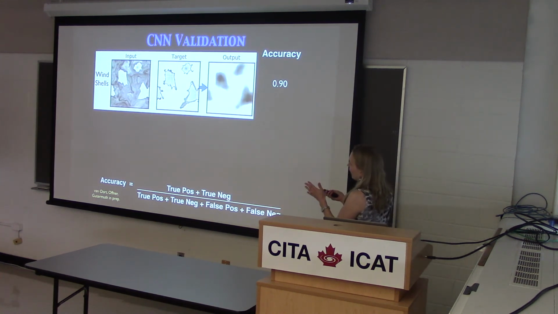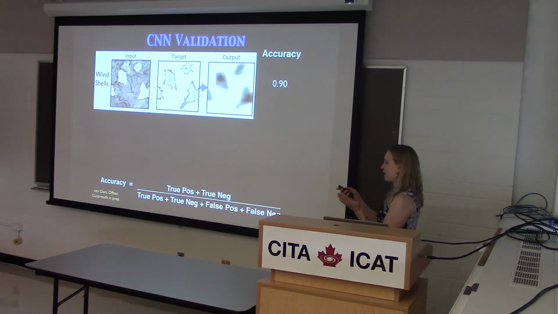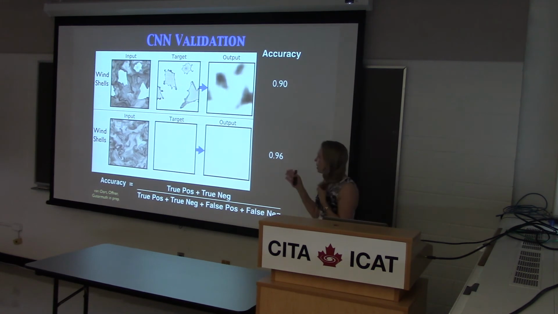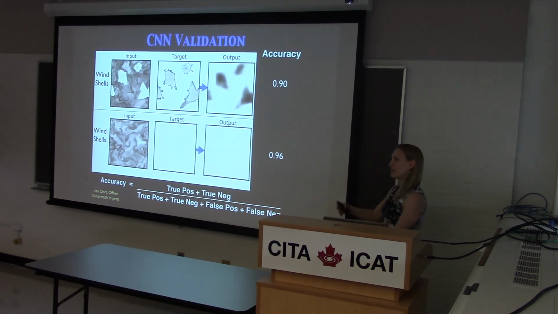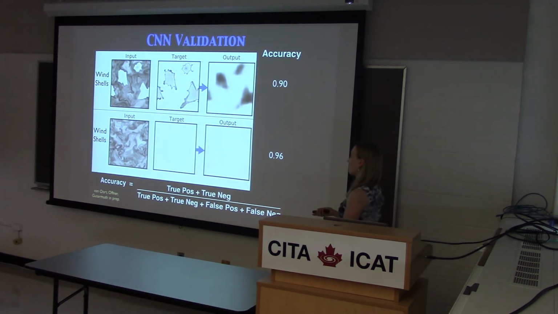You might also wonder what happens if you start with a simulation which has no feedback in it. So here's that image, and it actually does pretty well. This is the target, this is the output, and it gets 0.96. So it's able to figure out when there isn't any wind as well. We're in the process of applying this and tuning it for CO data, and we hope to deploy this in the near future on these large Perseus CO data cubes, and hopefully for other regions where people have not yet really tried to quantify the feedback.